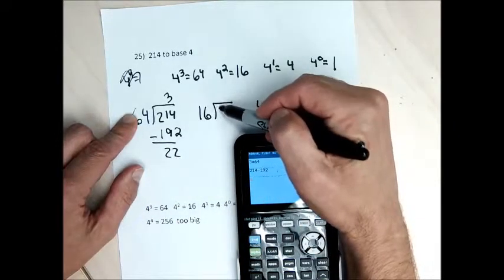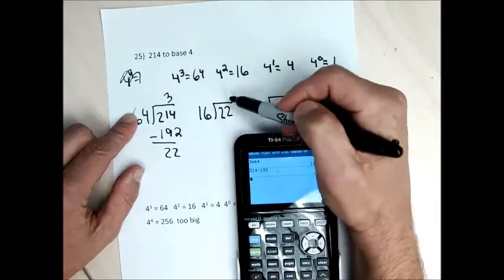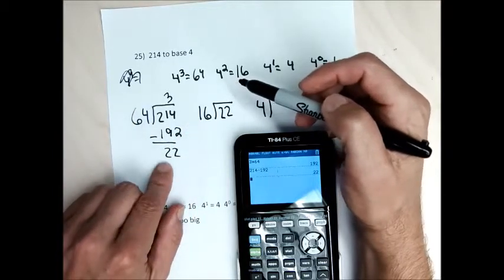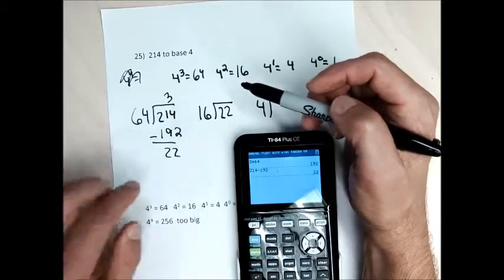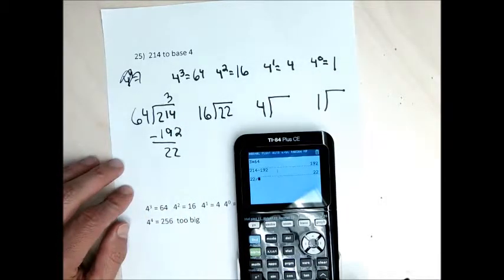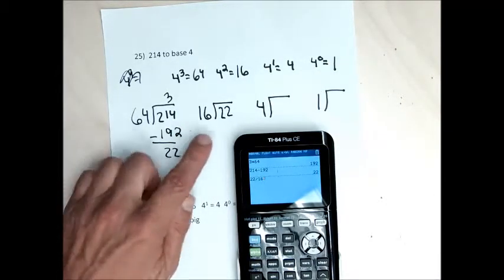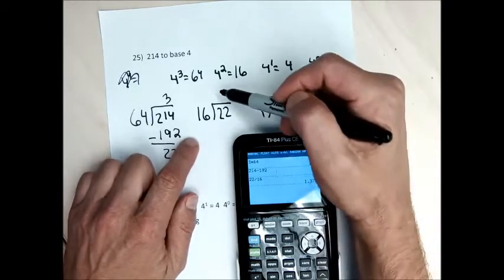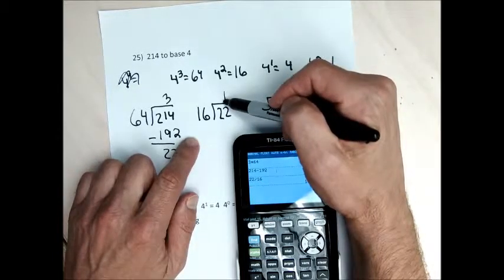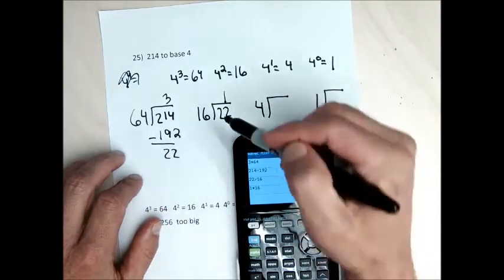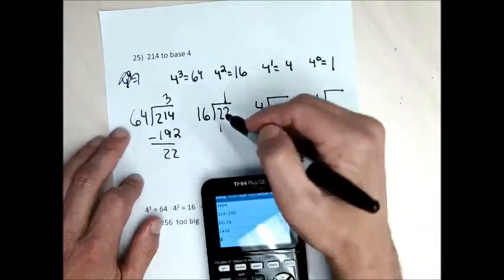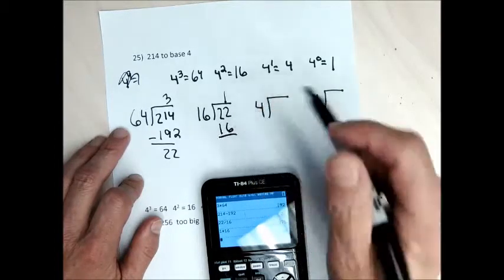Carry my remainder over to the next division bar unless it was less than 16. If my remainder was like 7, I would skip this one, put a 0 on top. But since 22 is bigger than 16, I can put it under the division bar, and then divide 22 divided by 16. I get 1 point something. I put a 1 on top. Go 1 times 16, which is 16. And then subtract 22 minus 16